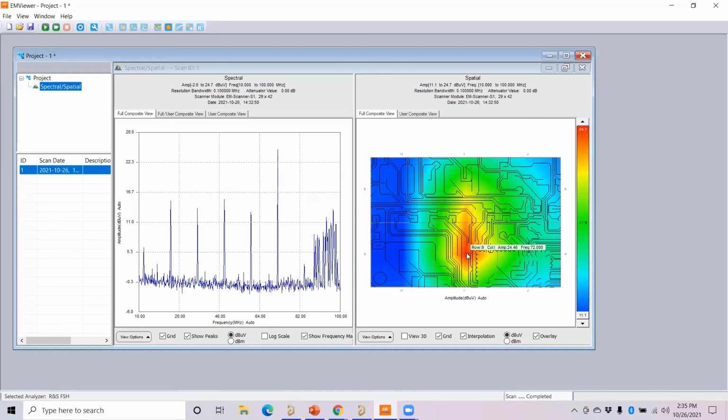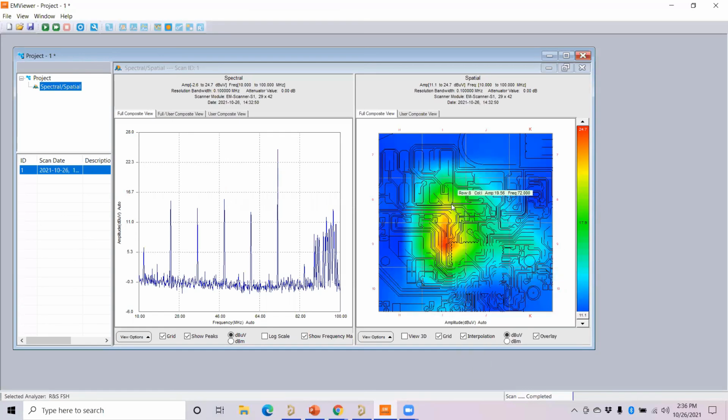You can replace the capacitor by using a ferrite rod as a high frequency suppressor. Okay, ferrite rod can be used, or decoupling capacitors you can use as a high frequency suppressor. Otherwise, you can also use a shielding box at a certain area to reduce the highest amplitude of radiation at that point. So you can do that to avoid this radiation. Okay, so these things can be done, and you can see on the top it is again maximum in the spatial also, you have 24.7 decibel microvolt.